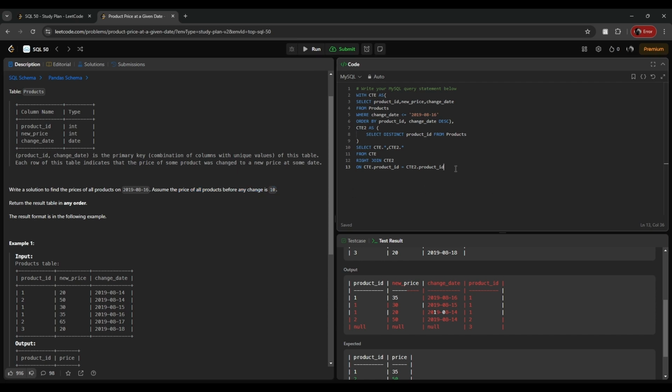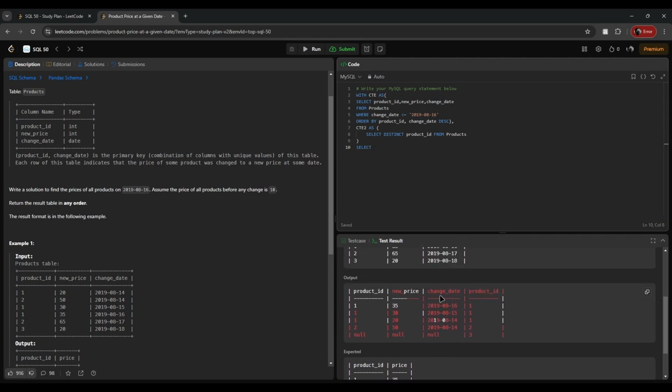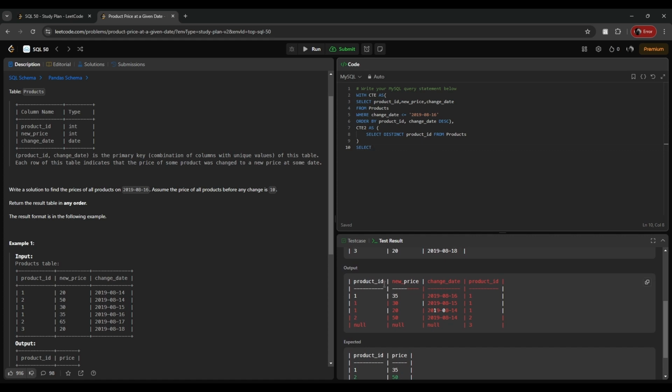Okay, so what we can do here, we can write one more query here. On the basis of all these things, we can simply join the tables and also write a row function here. Okay, so cte2 is done. Now with cte3 as select, what we need to get, I think we will get the product id from the cte2 table. Okay, first product id,